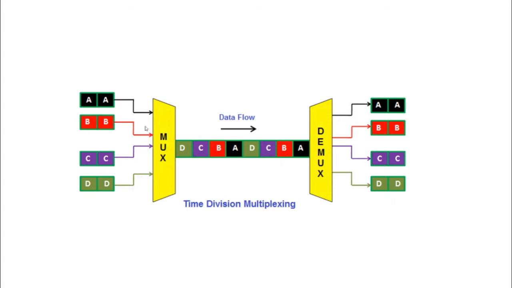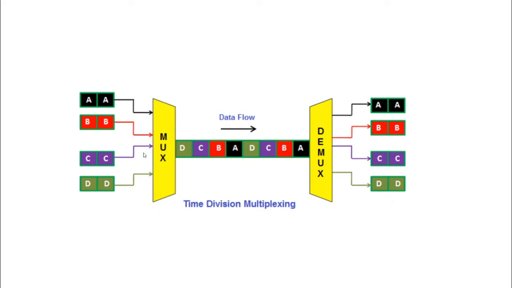As you can see in this block diagram, there are multiple data sources. AA is one source, BB is another, CC is another, DD is the fourth one. These data need to be transmitted, but we have only one channel. Four data sources are there, but only one channel. So the channel time is divided among the sources or the users. Four users means these four users are allocated equal time so that in that particular time interval they can transmit. For that purpose we are using a multiplexer over here.